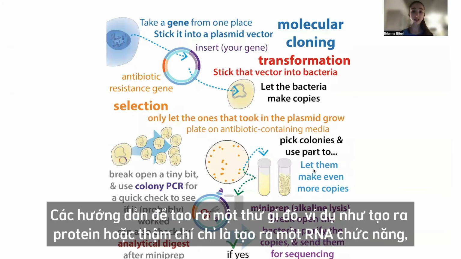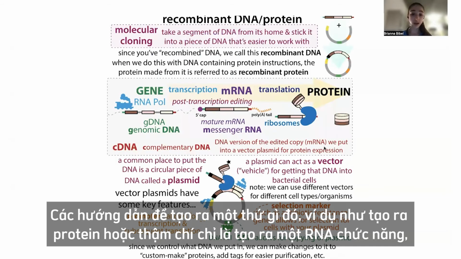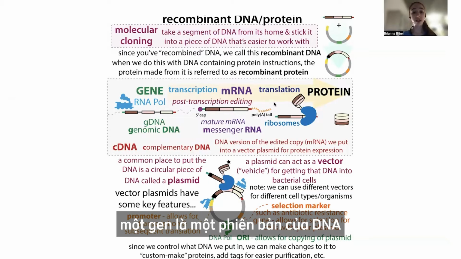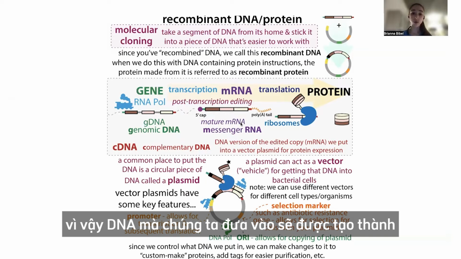And in technical terms, the gene is actually the DNA version of the instructions for making something. So for making a protein, or even for just making a functional RNA, so basically an RNA that acts by itself. A gene is a DNA version, and so what we want to put, a DNA gets made into a messenger